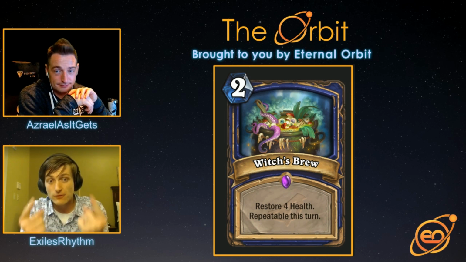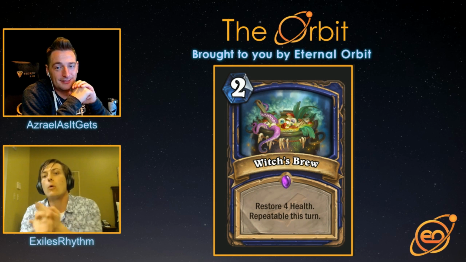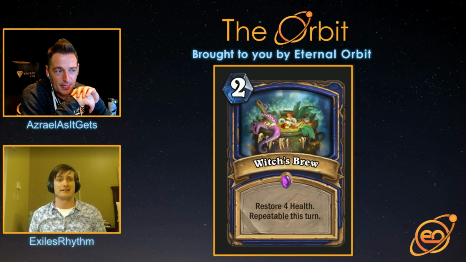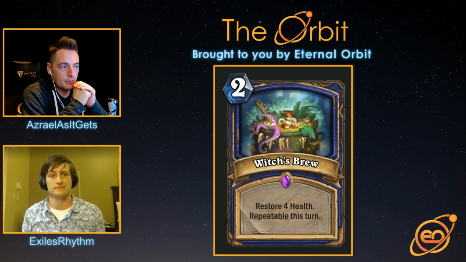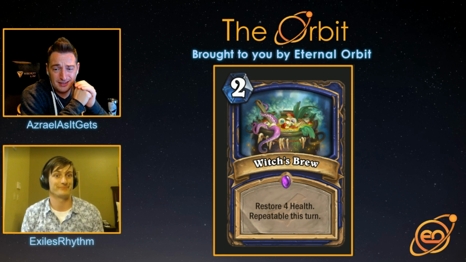However, when you get it from Hagatha, when you get it from Bonkers. Oh my god, Witch's Cauldron. When Paladin gets it from Witch's Cauldron, when it's discovered, it's freaking nuts. But I'd never run this in a deck. No, I agree. The only deck you're running this in is like Control Shaman and Malygos Shaman, maybe. And even then it's like,